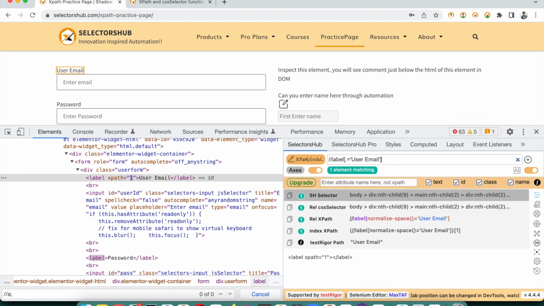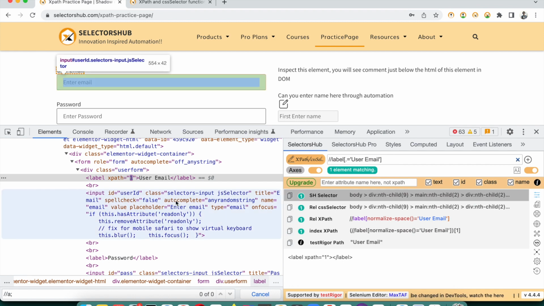Let's say we use this, and there is a concept guys between dot function, text function and normalize space function. So please watch the tutorial I have already created. Search in the channel for normalize space, text and dot function. What is the difference? There is a difference. We are not supposed to use them in different situations. So here I'm using dot function, but you cannot use it in every situation. To understand the detailed concept, please watch that tutorial. But yes, here we can use it. So now this is one xpath matching,